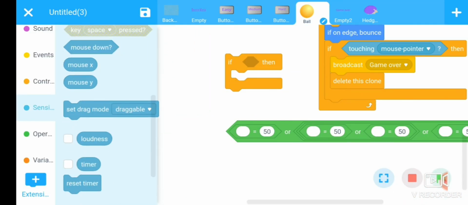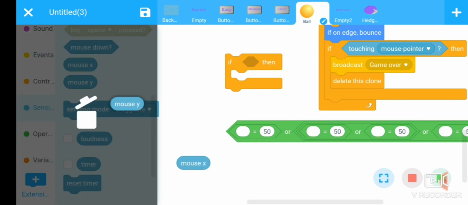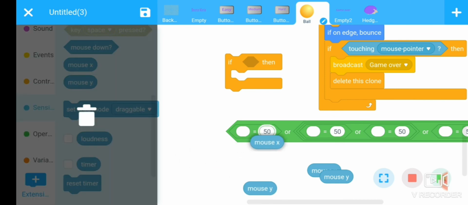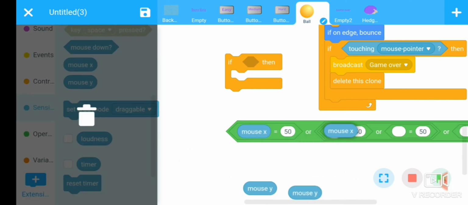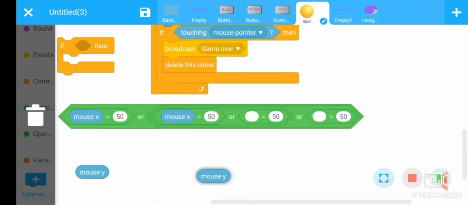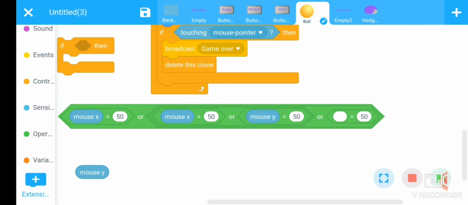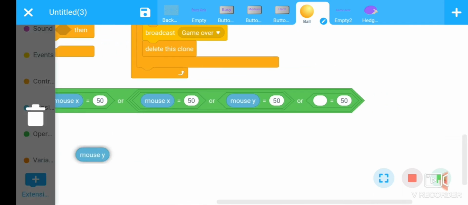First you go to the sensing section. There is mouse x and mouse y. Put mouse x, again mouse x here, and mouse y here.